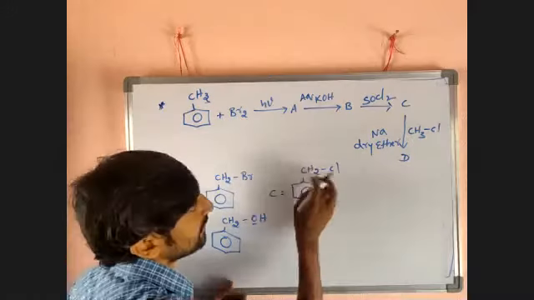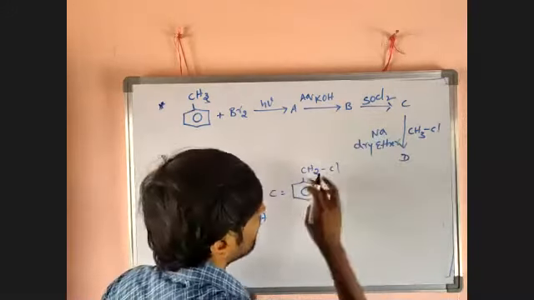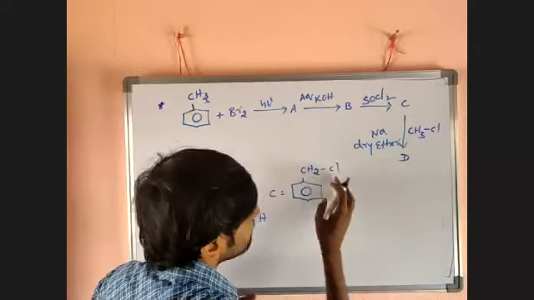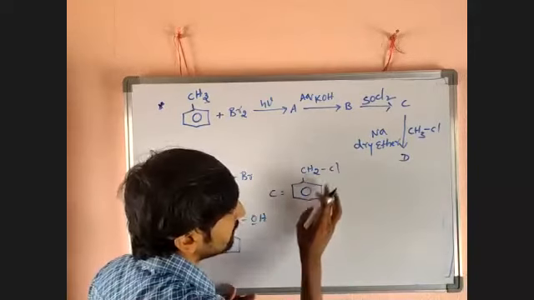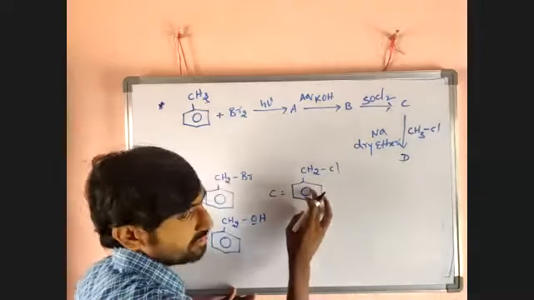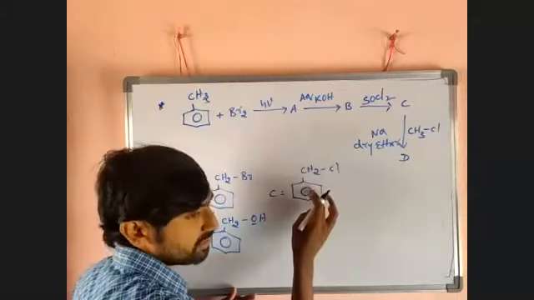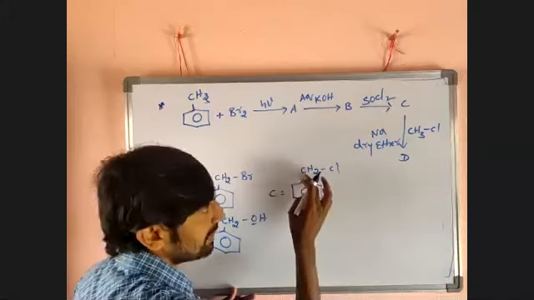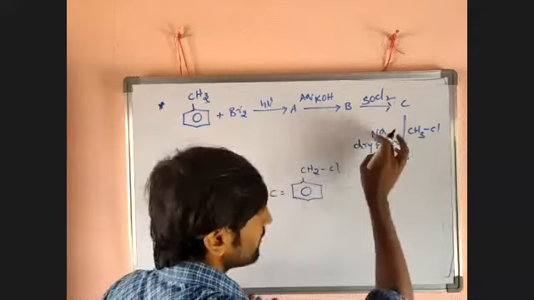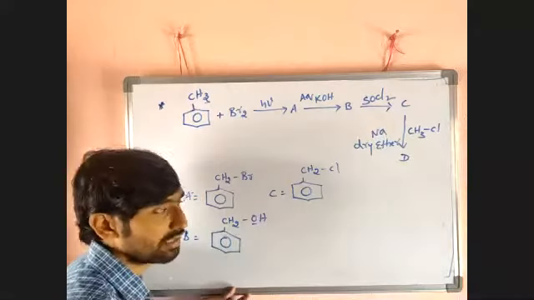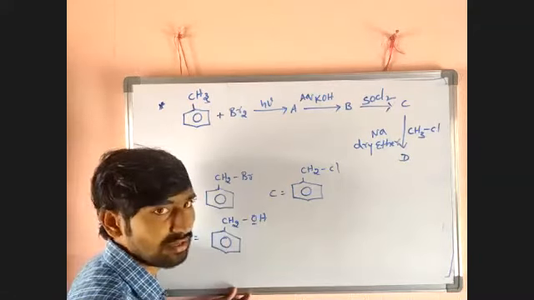It is an aliphatic halide. It is also an aliphatic halide. Alkyl halide, alkyl halide. Cl is not directly attached to the benzyl ring. If it is directly attached to the benzyl ring, it is an aryl halide. It is an alkyl halide. It is also an alkyl halide. Those react with sodium metal in presence of dry ether. It is called Wurtz reaction.